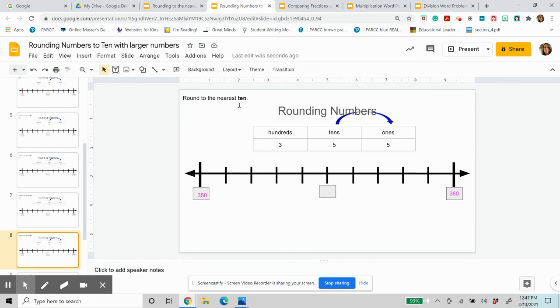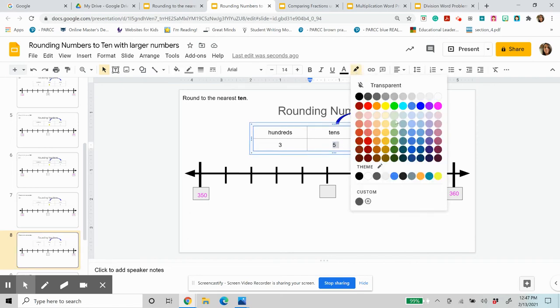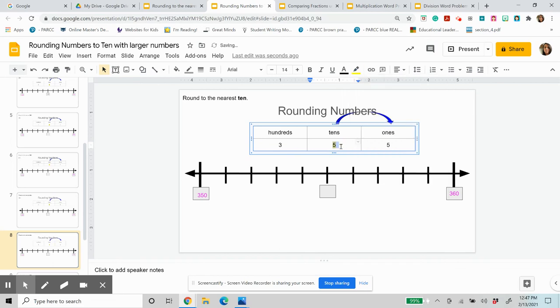All right, so this one, round to the nearest 10 again. We have a number in the hundreds, 355. All right, so again, you should be thinking, okay, what would I do first? I would underline, highlight, circle, so I know what I'm thinking about, right? Then I'm going to decide which two numbers are my choices, right? The 300 is not going to change, so it's 300 and 300. And then my 5 means 5 10s, so that's 50, so 350. And the next 10 is 360. So these are my two choices,